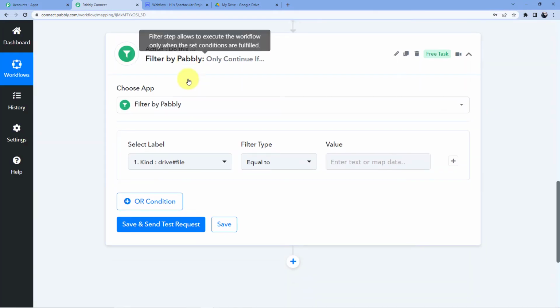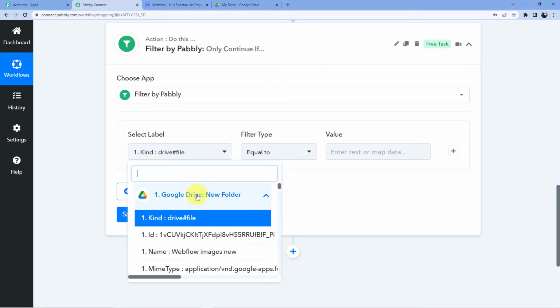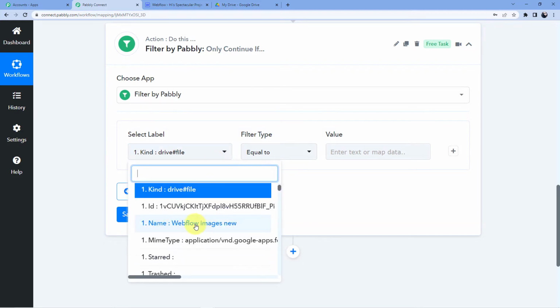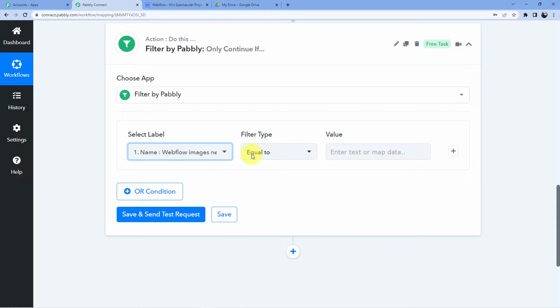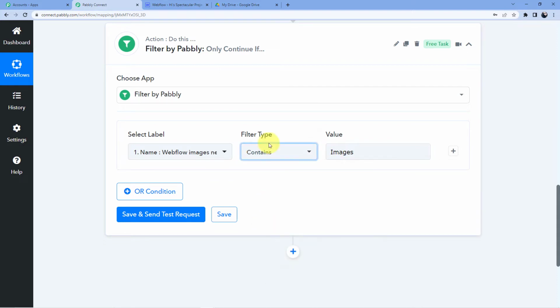Whenever we upload any folder to Google Drive, it will only take the folder which has images in it. So we will click this Webflow images new, and here I am going to write images because I am taking images here, and put contains.